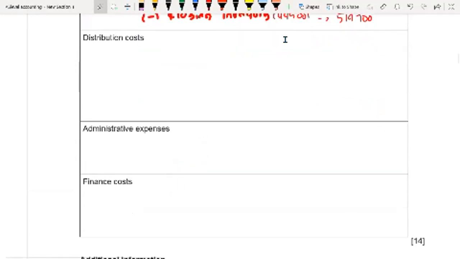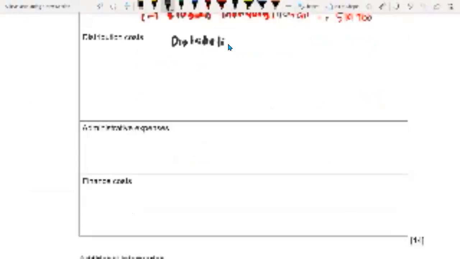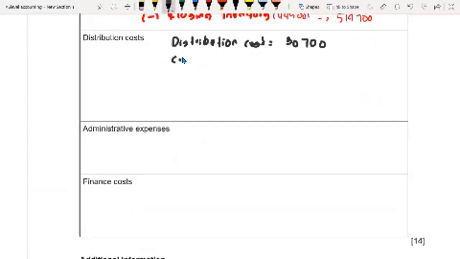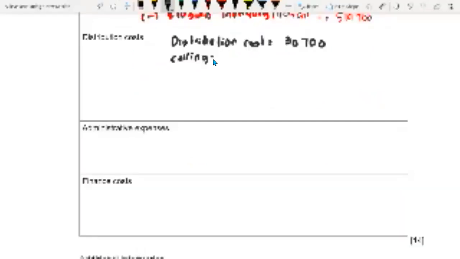In the distribution cost, we have first of all the distribution cost, which is 30,700, and if you see the carriage outwards, it is also a part of our distribution, and this is 8,700,